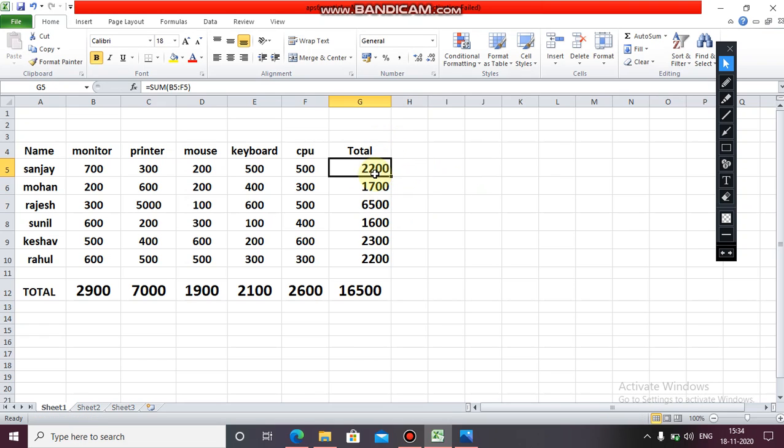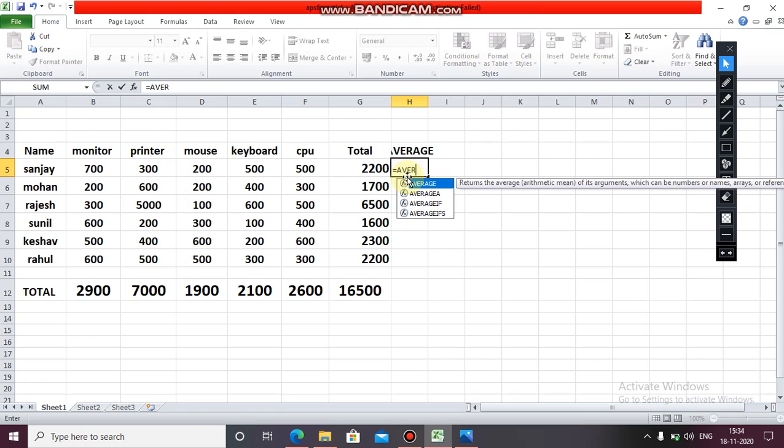So now I am going to show you the different formulas you will be able to use. Here the formula is there, you have used the function sum. Now for average, what we will do: equals to average, bracket.